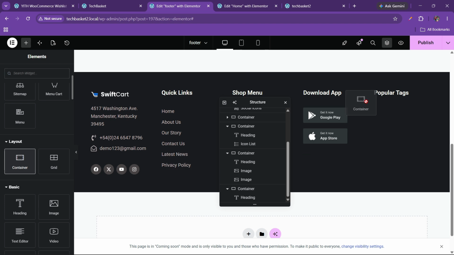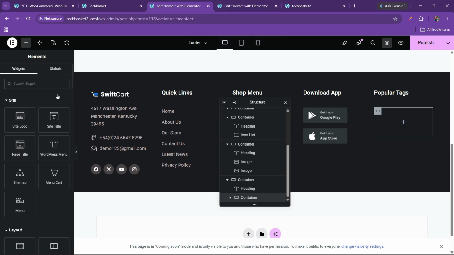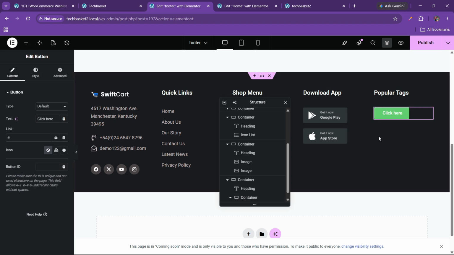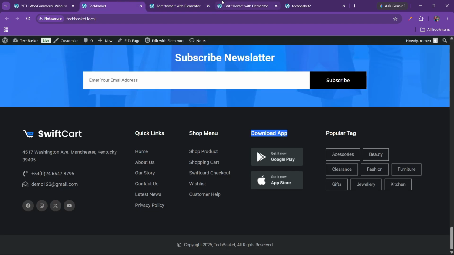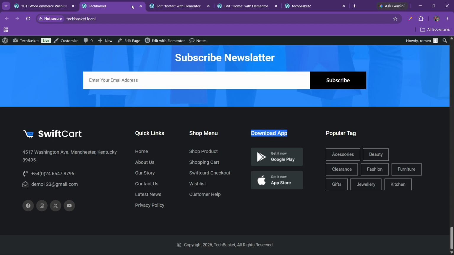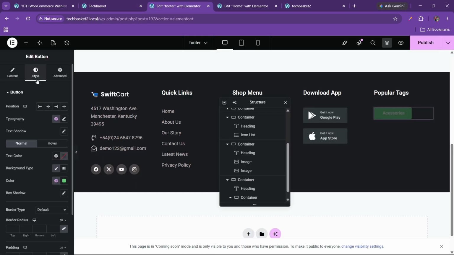Now we can add a new container here below. Okay, and inside this we have to add a button, so let's add the button. Okay, so these are the popular tags. Here you can see we have the accessories. Okay, just rename it like accessories. Okay, accessories, and here what we can do, we can just